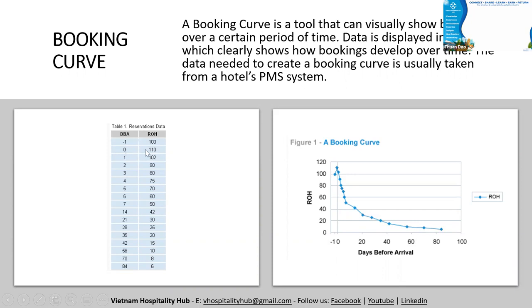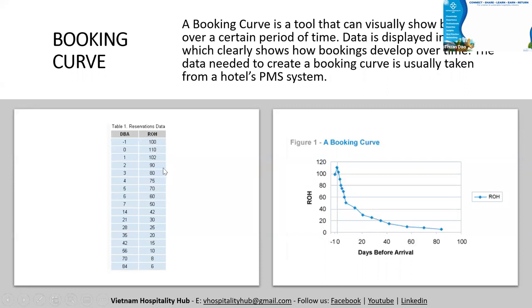Okay, let's say in this case, 110, that means on the check-in day, we have 110 bookings, reservations. But then finally, we close the day at 100. That means 10 bookings were canceled or no-show. Okay, they didn't come. Maybe there's a last-minute cancellation, or maybe because of the no-show.